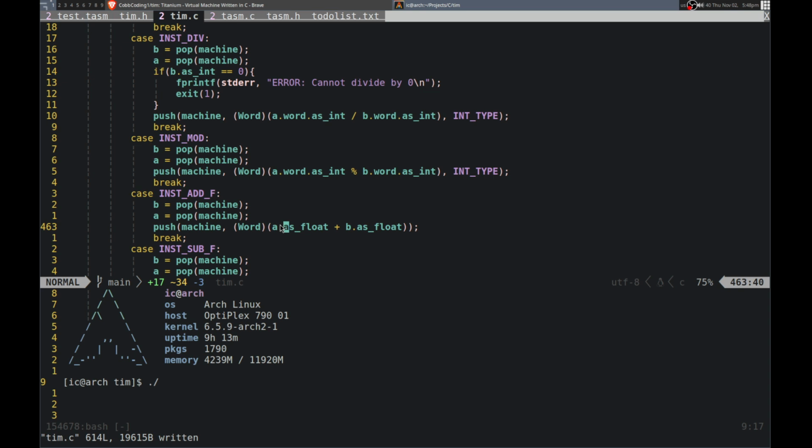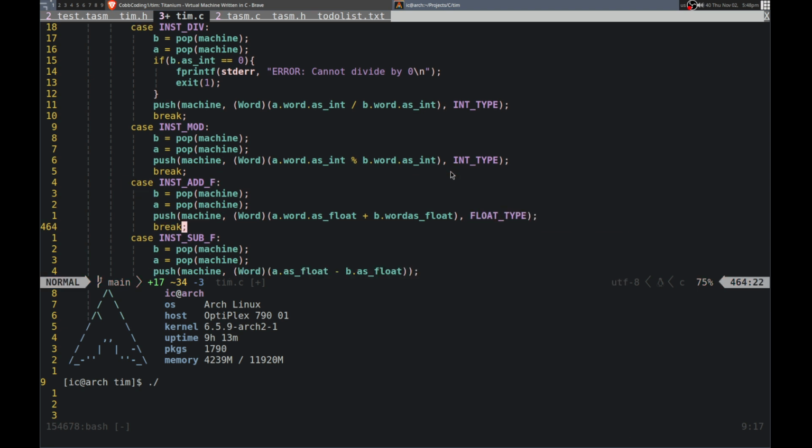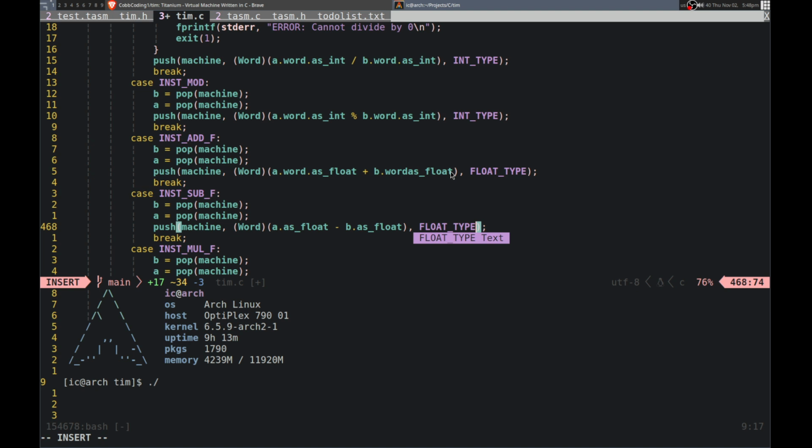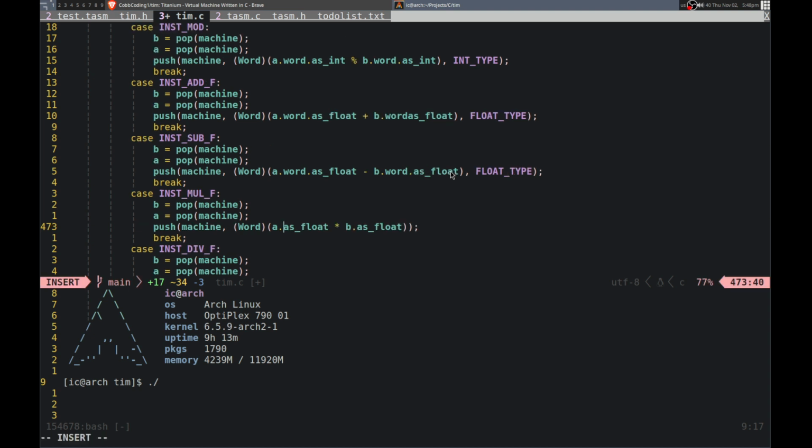A dot, whoops, yeah, let me see. Yeah, so these ones are interpreted as float rather than int. So we can do float type as well. Yep, word